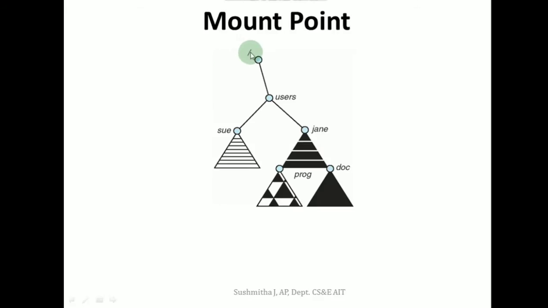So now I will have root, user, then Jane, docs, program. This is how we will be mounting the file system to the available file system structure. Once the mounting is successful, only then is it available for the user to access the files.